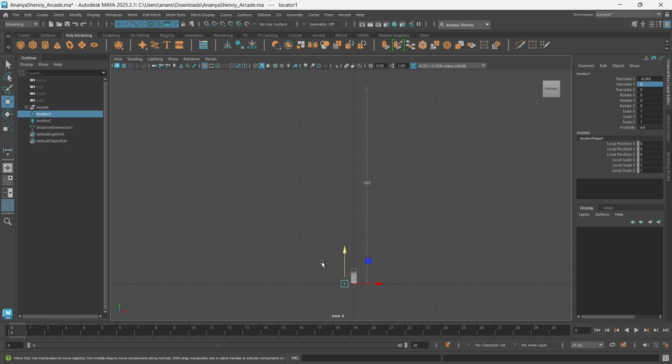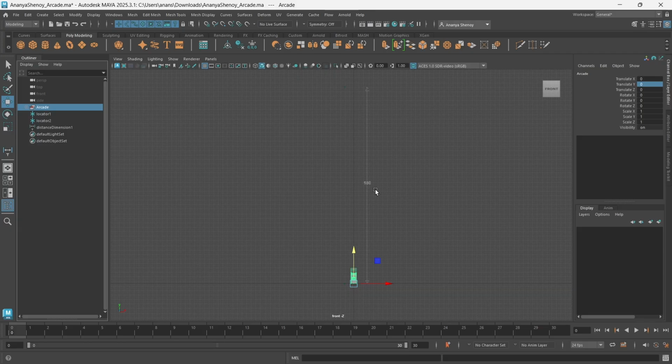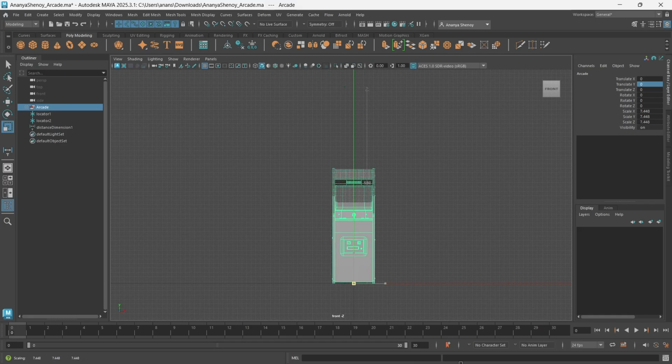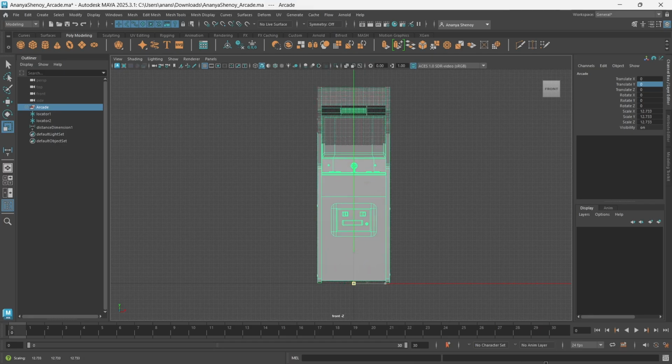This arcade is really small, so I need to scale it up. I'm going to select the arcade group, so don't select individual pieces. Select the main group that has the entire arcade. Click on R on your keyboard and use the center of the R tool, the scale tool, to just keep making this bigger until you reach the height of this measure tool.